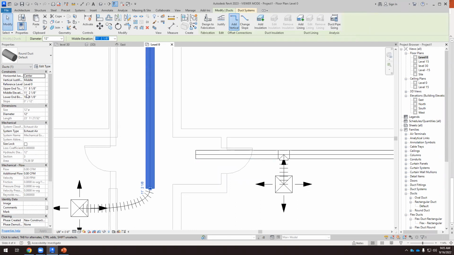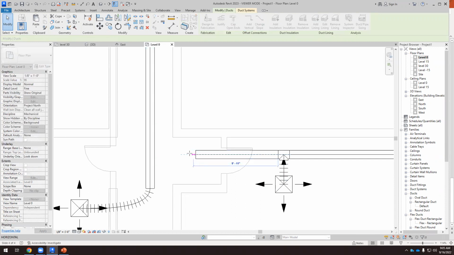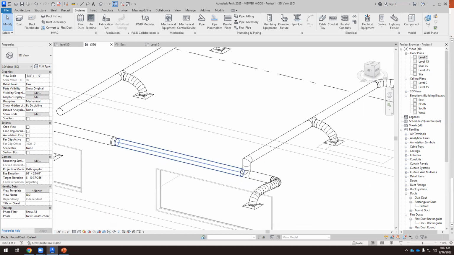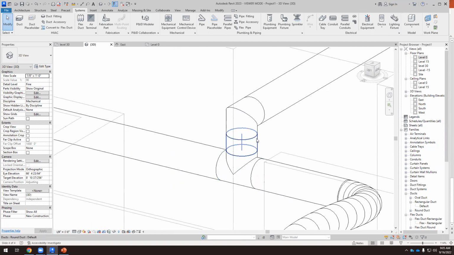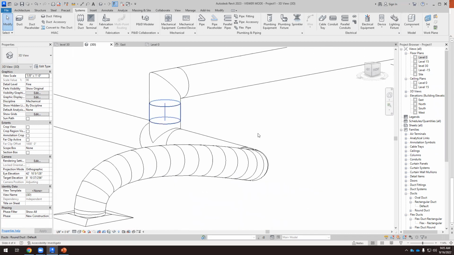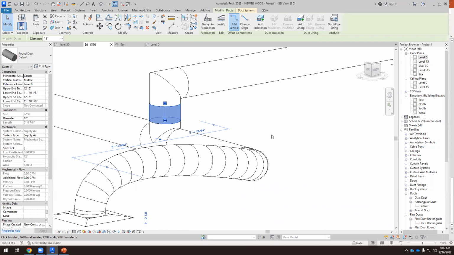Okay, so this is wrong. The middle elevation here is 11. So let's try to connect this and this, see what happens. It works, so Revit does it, but we have a lot of small ducts here. Okay, so Revit does it, but nobody will do this in professional life unless there is